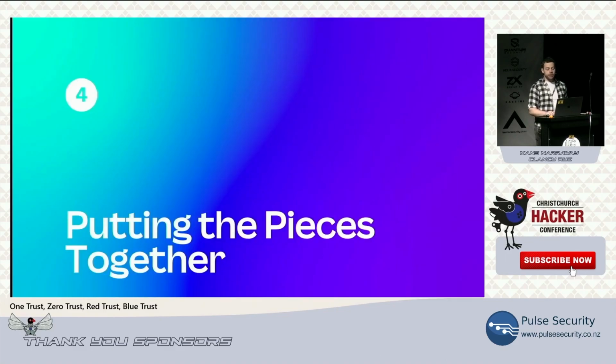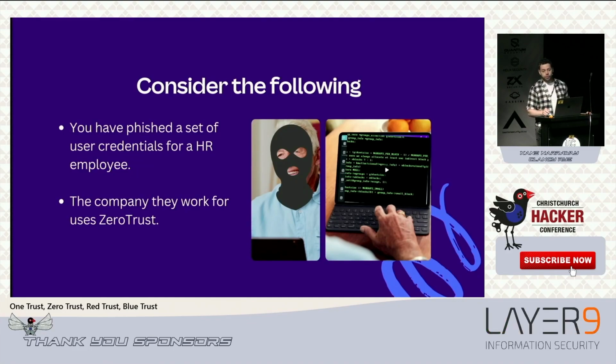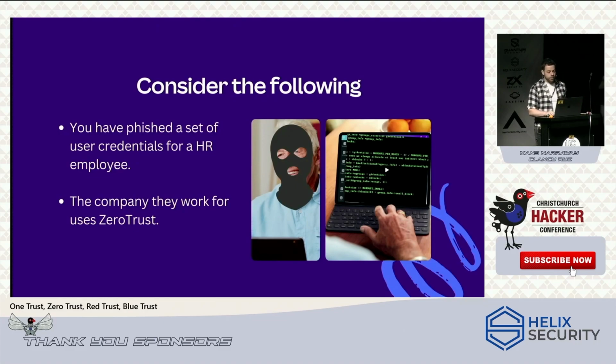Cool, so let's take a look at a brief hypothetical example to put all the pieces together. So let's imagine we're all part of a cybercrime group and we've successfully phished the credentials of an HR employee, and coincidentally, the company that they work for utilizes Zero Trust. Right off the rip, we'll have access to all of the SaaS products that fall outside of their walled garden, which we might be able to use for exploitation and escalation. But what if we want to get access to the stuff inside the walled garden? Well, what do we do then?